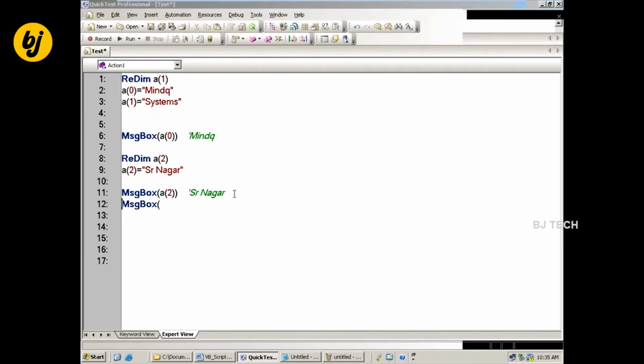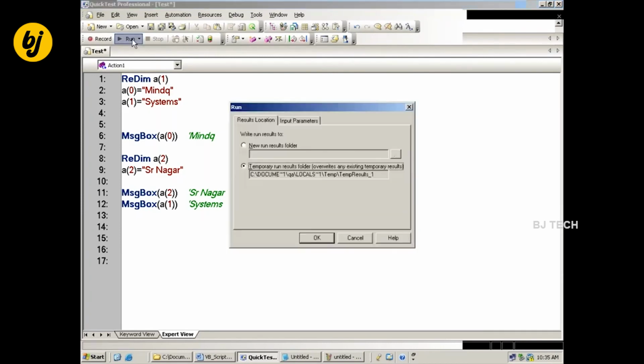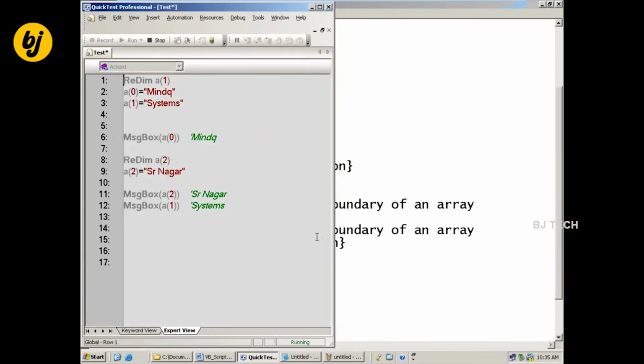Now after this, MsgBox of A of 1 if I give, what is the output here? Systems. Now you observe, MindQ, SR Nagar.